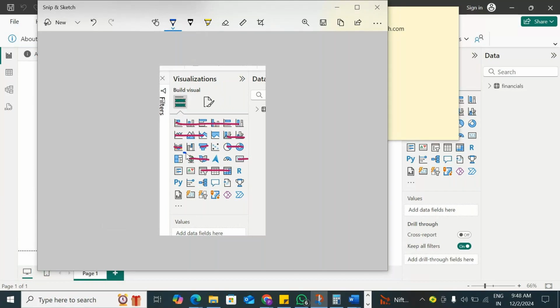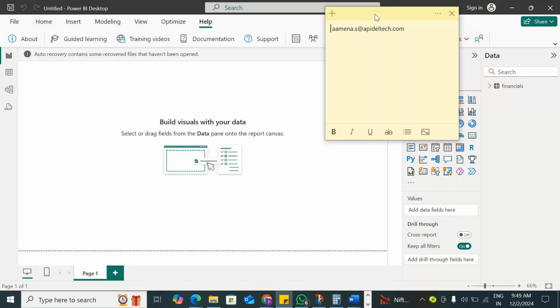waterfall chart, similarly the tree map chart and a multi-row card chart. Similarly, KPI card and a Gauge visualization we are going to observe as part of today's session. Okay. So the first visualization is,